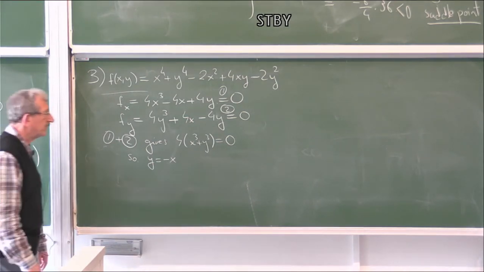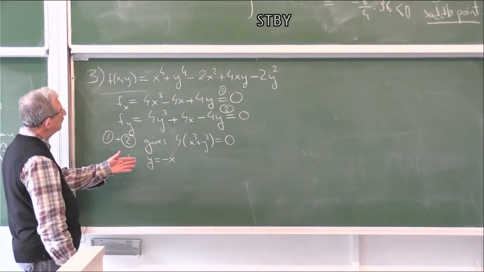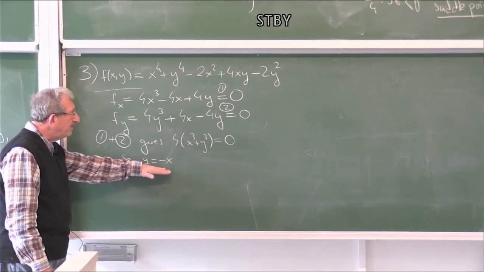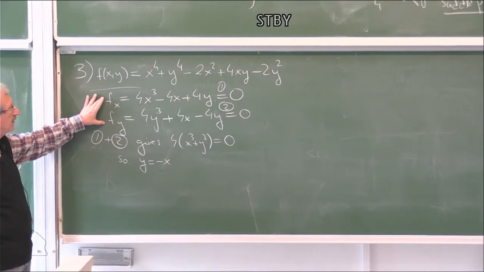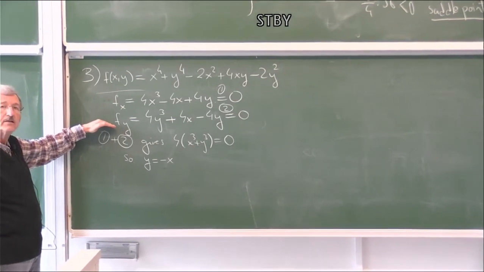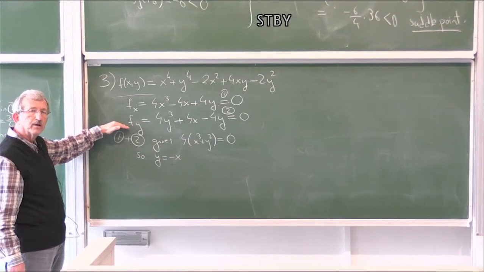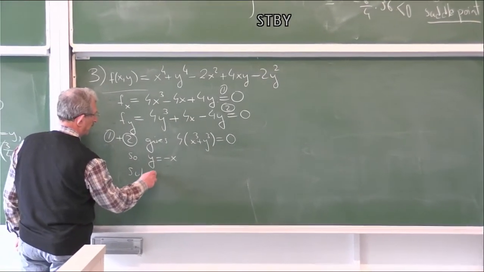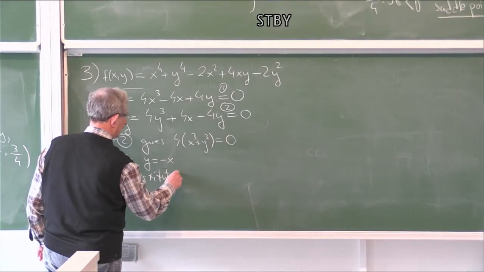Okay. Because the other side is 0. Well, now we can put this in either 1 or 2, because to obtain this result, we used both equations, which means that by putting this into these equations, we will get something new, but not two new things, just one new thing. Okay? So substitute, say in 1,